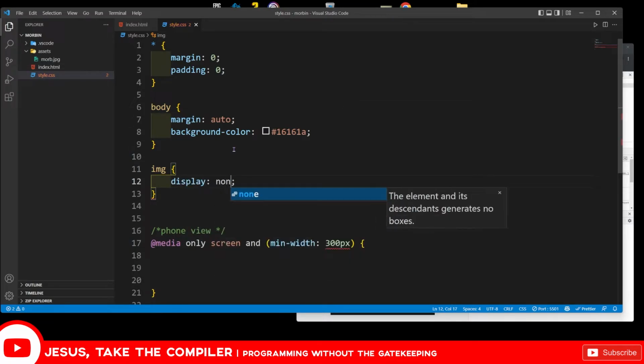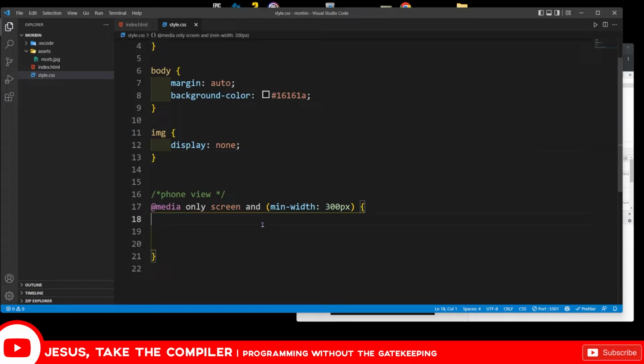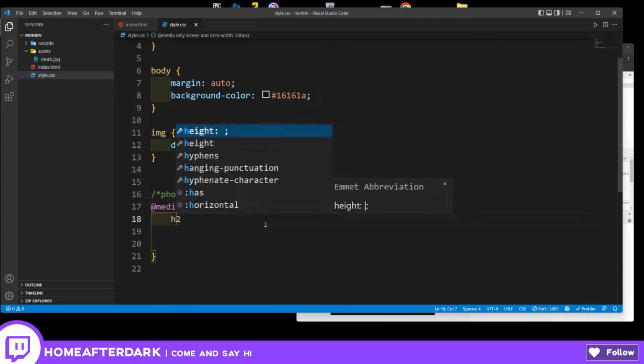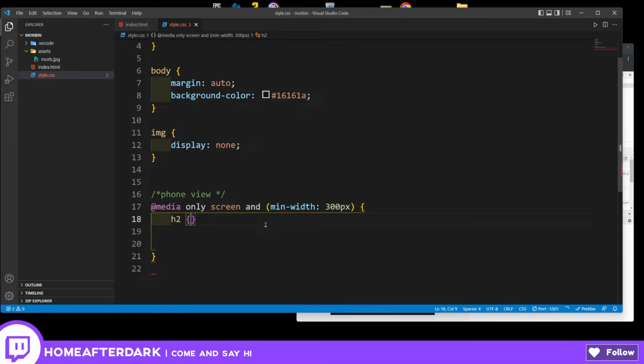So we'll do display none because we are going to use this image in two different kinds of ways. So we got this rolling right here, and then let's come down in here. And then since we're working on mobile view first, let's start off with some of our stylings here. And what's really weird is actually